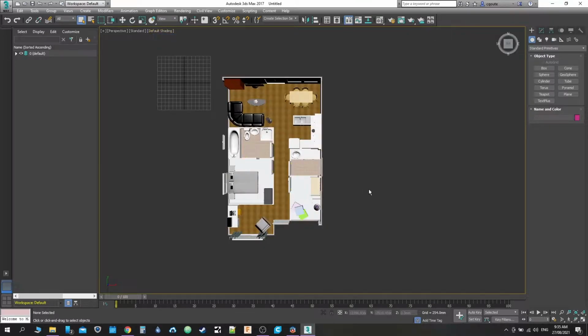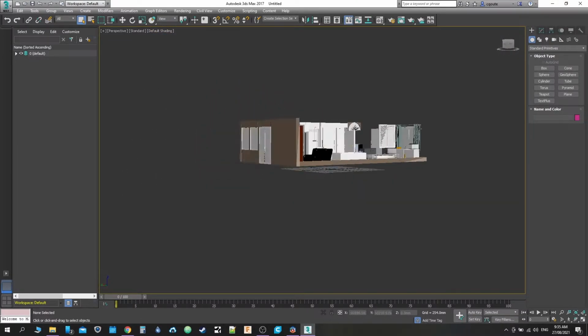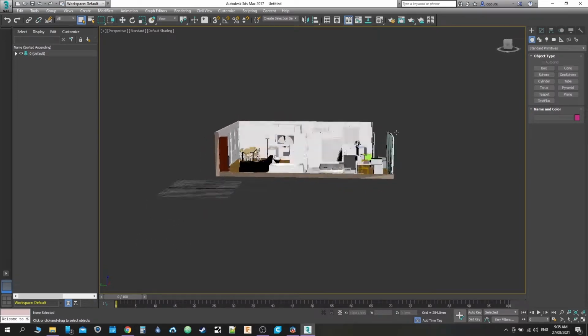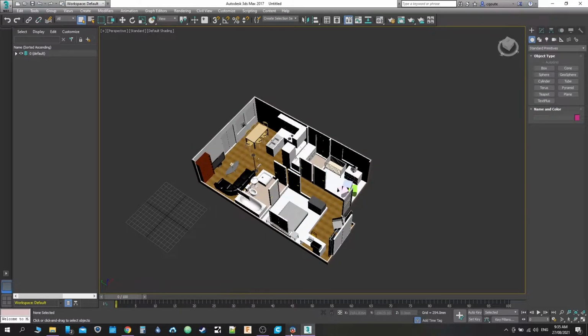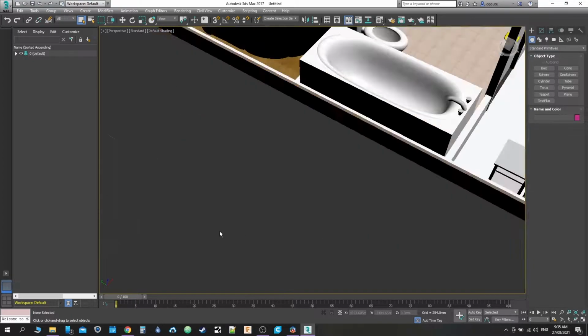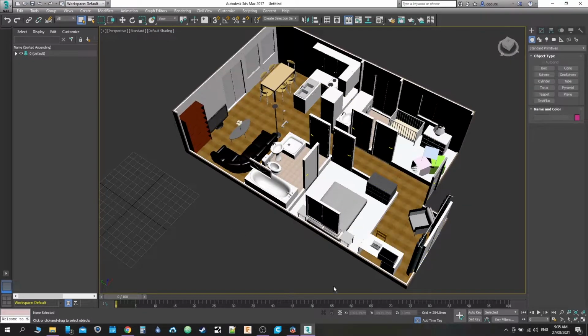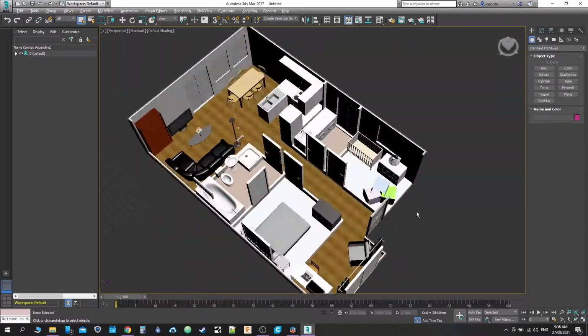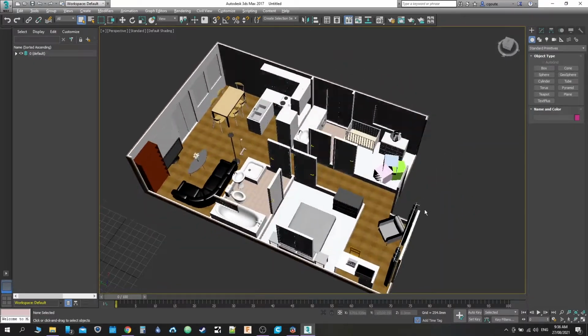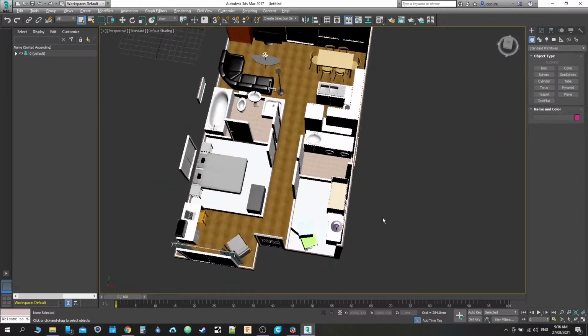And default shading. And as you can see, you've got pretty much a very similar model as you did in the Sweet Home 3D. It's just that conversion can sometimes change parameters and screw up some of the actual details, but this actually